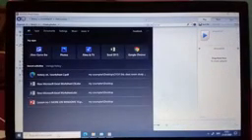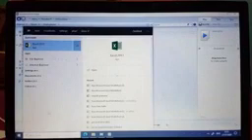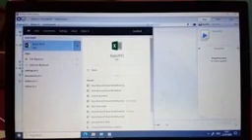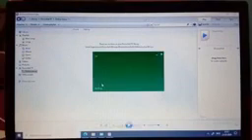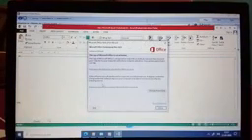Now next one is display multiple windows at a time. Suppose I am playing a song simultaneously. If I want to work on Excel, if I am working on Excel, now how many windows are open? 2 windows are open.